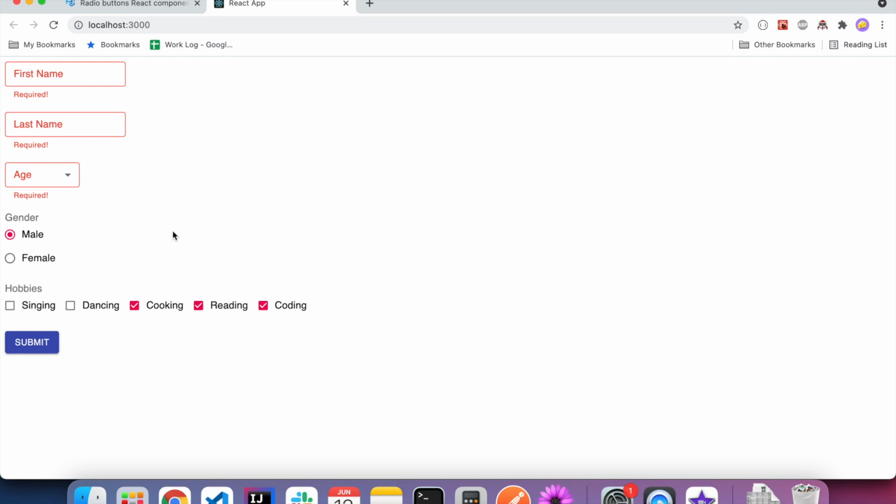So we have covered most of the common controls now. Text box can be changed to numeric text box. It can be changed to date time picker with these simple changes. Then we have covered drop down items like select box. We have covered radio. We have covered check boxes. Similarly, you can create any complex control using Material UI components and React hook forms.